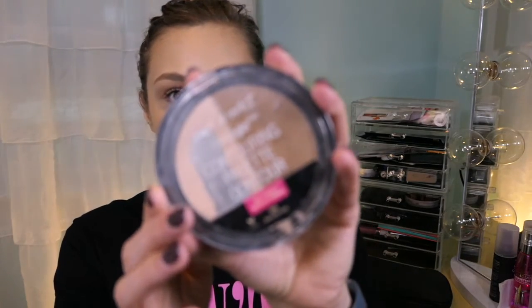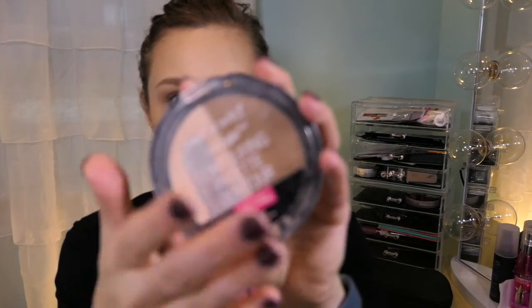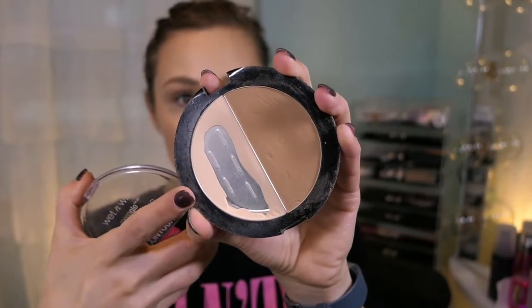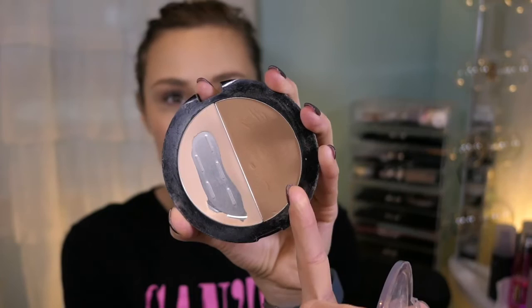Another product that I think will be pretty easy for me to get through is the Wet n Wild Contouring Palette in Dulce de Leche. I really just want to focus on using up this setting powder, which obviously is mostly done. And I would like to hit pan over here, but I don't necessarily need to use it up to be considered done with it. I do have this under my eyes, and I do have this on my cheeks,